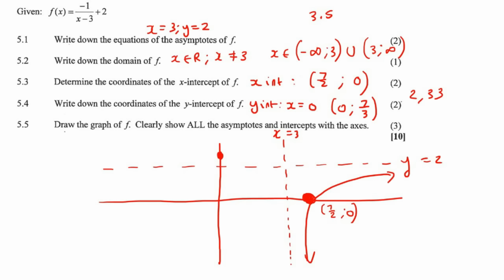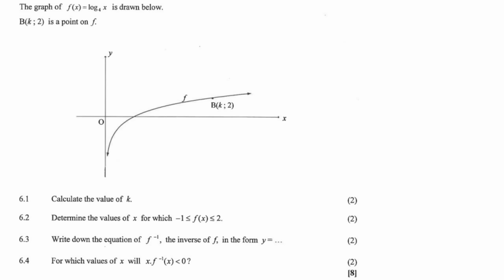and like that. Done. Here we have a log graph that has been drawn, and they give us a point, and they say calculate the value of k. Okay, so that's easy. It's a point on the graph, and k is just the x, and we know that the y is 2. So we can take this original equation, and so we know that the y is a 2, but we don't know what k is, so we just